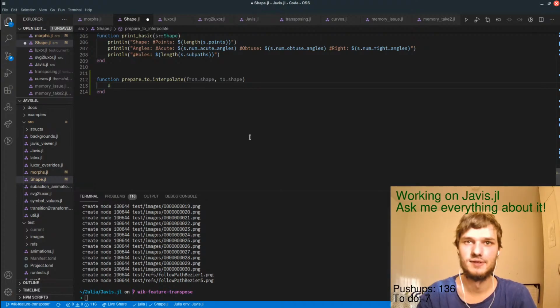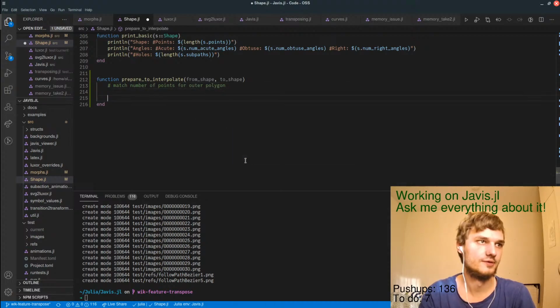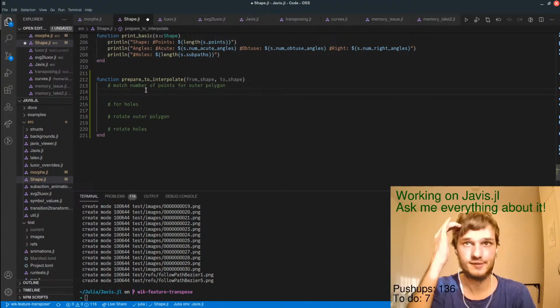So match number of points for outer polygon, match for holes, rotates outer polygon, rotates holes. Okay, so we basically have